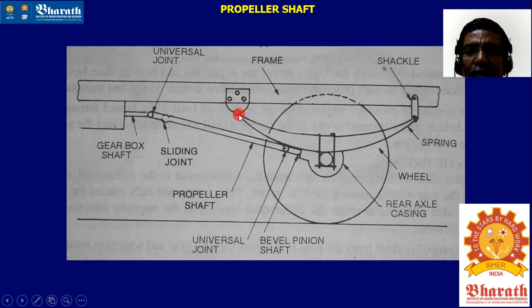You may ask another question: why can't we keep one shackle here and another shackle here? We should not, because if we keep another shackle here, then the rigidity of this leaf spring and the entire setup will be lost. The entire thing will become so flexible. Then it will not be so rigid. That will create unnecessary vibration. You won't get a smooth ride at all. So that is another point related to this one.